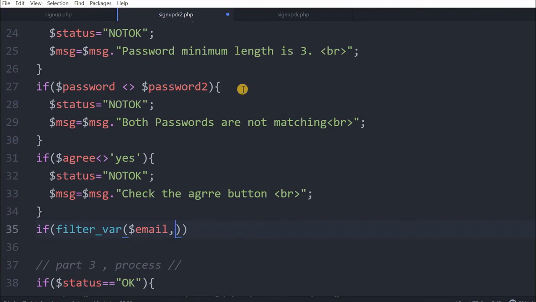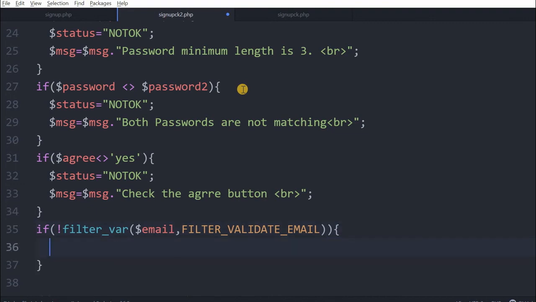Now the constant I will say filter validate email. Now this is available, this will tell me true if it is valid, because if it is valid then it will return me true, so I don't want that case. I want if it failed to validate, so I will put a not here. So then fine, hope this works.